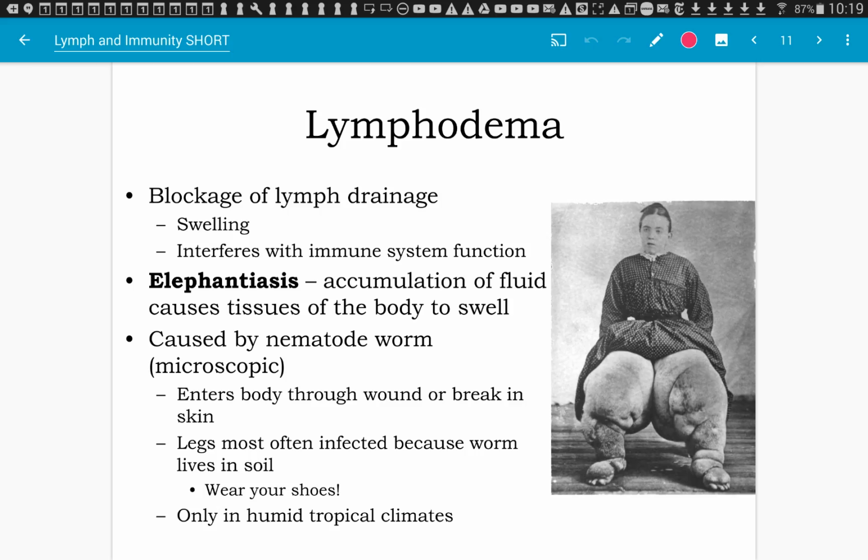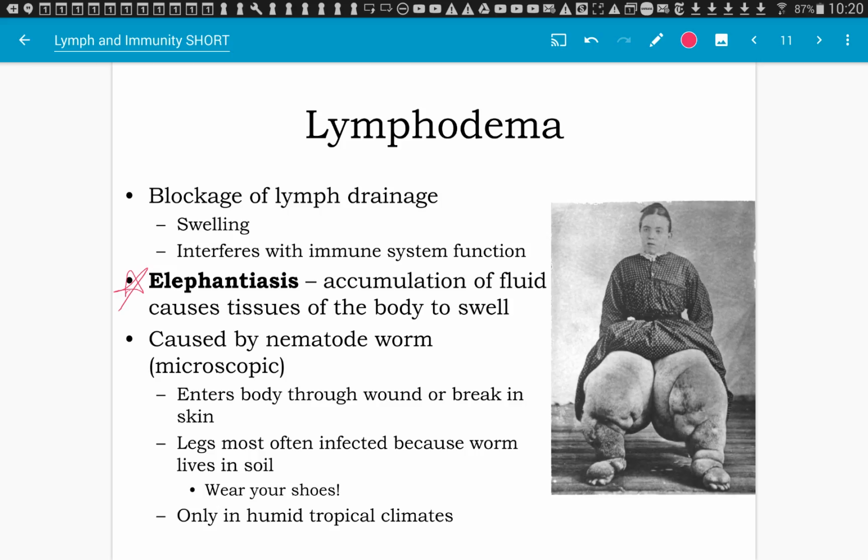So a very good example of this is elephantiasis. This disease occurs when you have an accumulation of that tissue fluid, of that lymph. Well, it still is tissue fluid because it's still in the tissue. You have an accumulation of that fluid and it has no way to drain. And so because the arteries have pressure and they're still pushing blood through the capillaries, you're still pushing out fluid from the capillaries into the tissue, but it's not being collected by the lymphatic system. So you get this big swollen